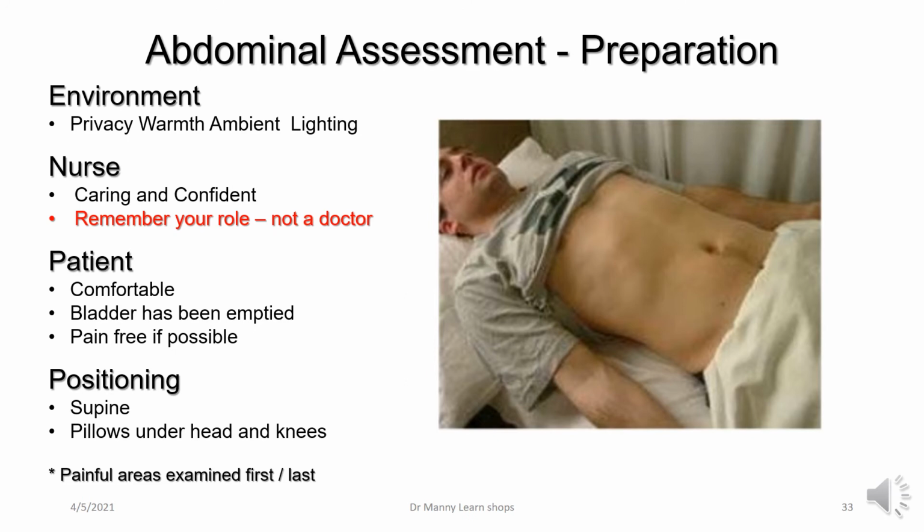Positioning of the patient should be supine. Pillows should be under the head and the knees. And painful areas, chief complaint, should be examined first or maybe last. It depends on what sort of pain. If it's severe pain, then you want to determine what the problem is. Because if they've got severe abdominal pain in the right upper quadrant, which could indicate appendicitis, or in the right lower quadrant, which could also indicate appendicitis, or in the umbilical region, which could also indicate appendicitis, you want to